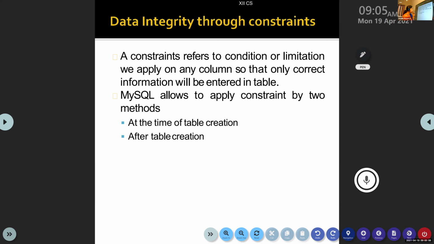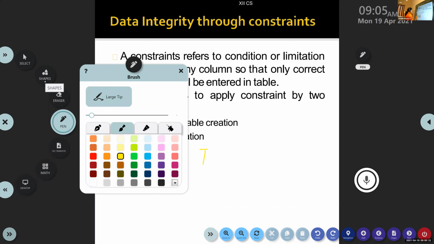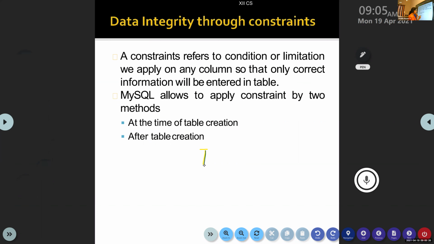And there are two types of constraints: table level constraints and column level constraints.